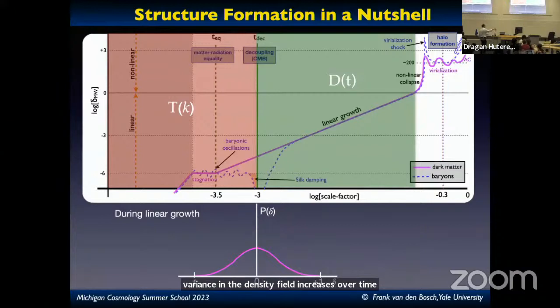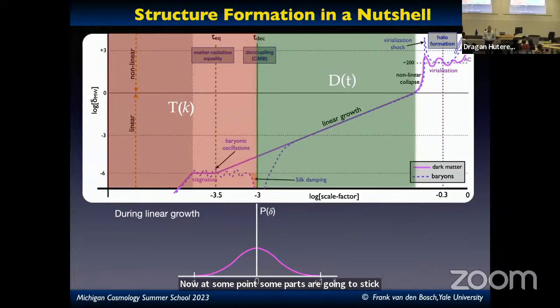Note that I've bounded it here by -1 because delta cannot be less than -1. Just look at the definition of delta. If delta was less than -1, it would mean that the density would be negative. Okay, as far as I remember, that's not allowed. Right? So it can't go past -1. And if it goes above +1, if it's outside of that range, then we're no longer in the linear regime. So as long as we're in the linear regime, like here, we're good, and we can describe the growth by the linear growth rate. Now, at some point, some parts here are going to stick above +1,